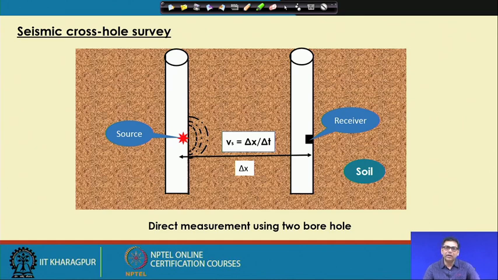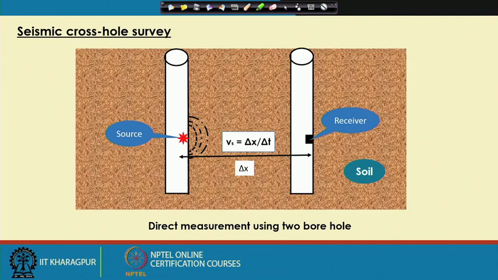So, here whether it is increasing or decreasing does not matter, but the problem is that it is time consuming, as you have to construct boreholes. The other method, the seismic refraction test, does not need any borehole, so it is time saving, and in very less time you can get the properties. But if the soil layer is not satisfying the condition of the seismic refraction test, then you have to go for the seismic cross hole survey. Among these 3 tests, if your soil layer is satisfying the condition, the seismic refraction survey is most acceptable and we use that.